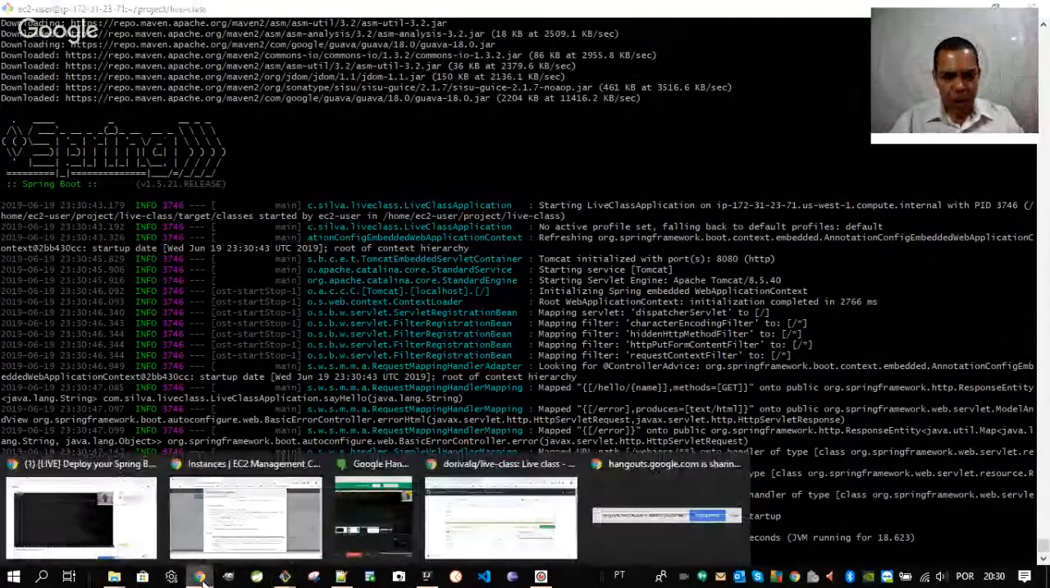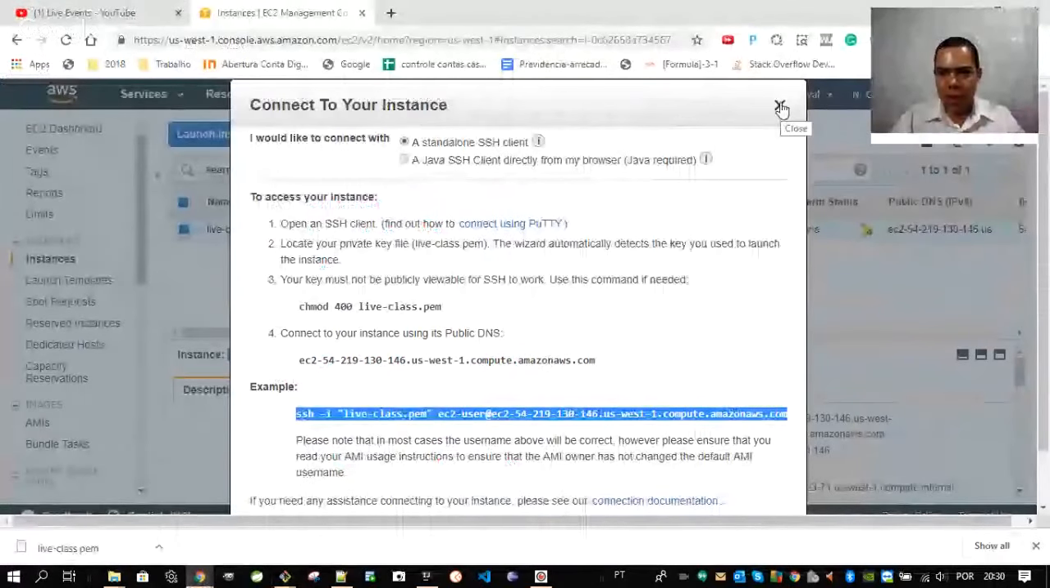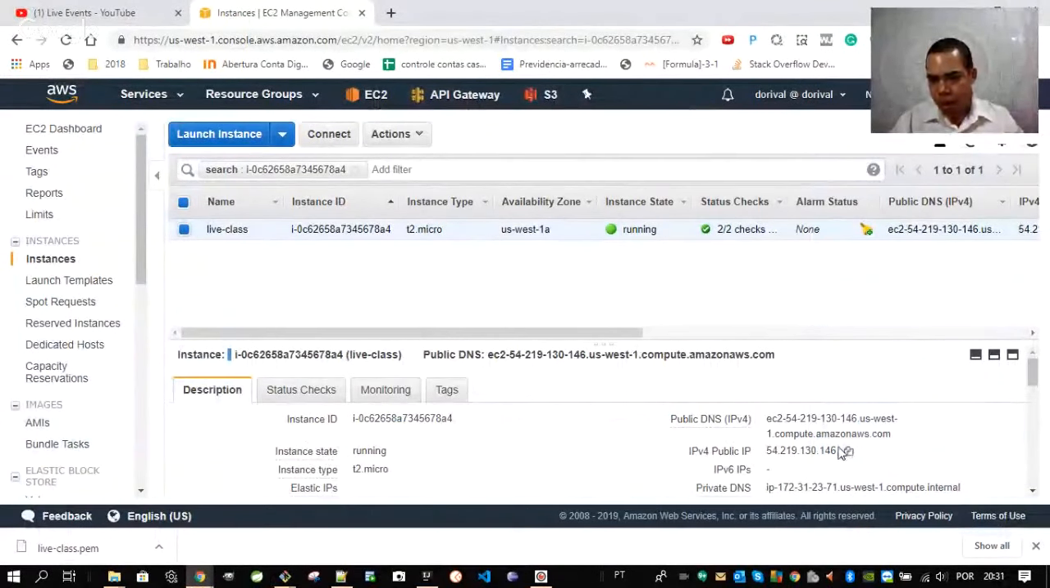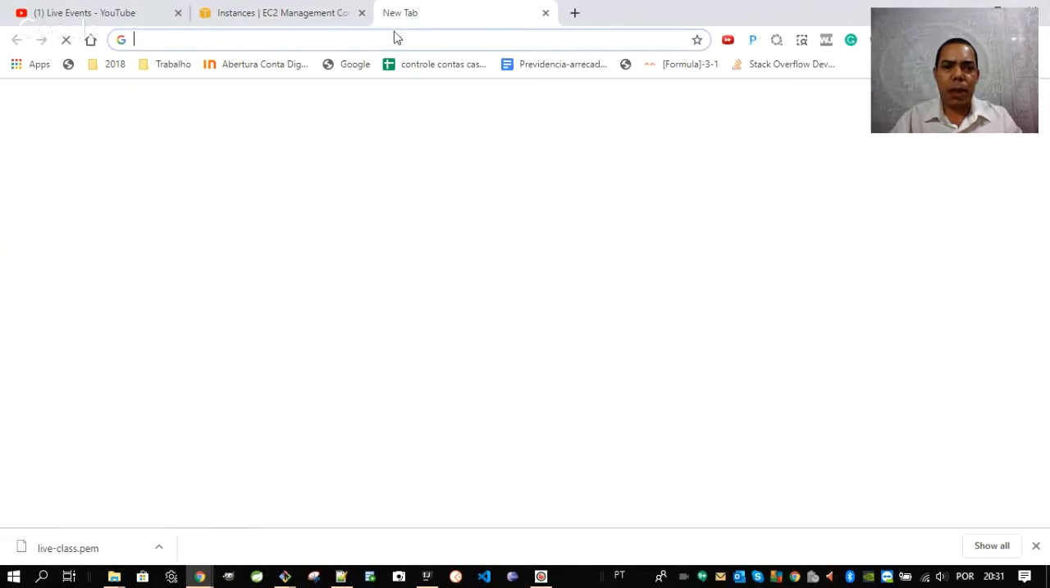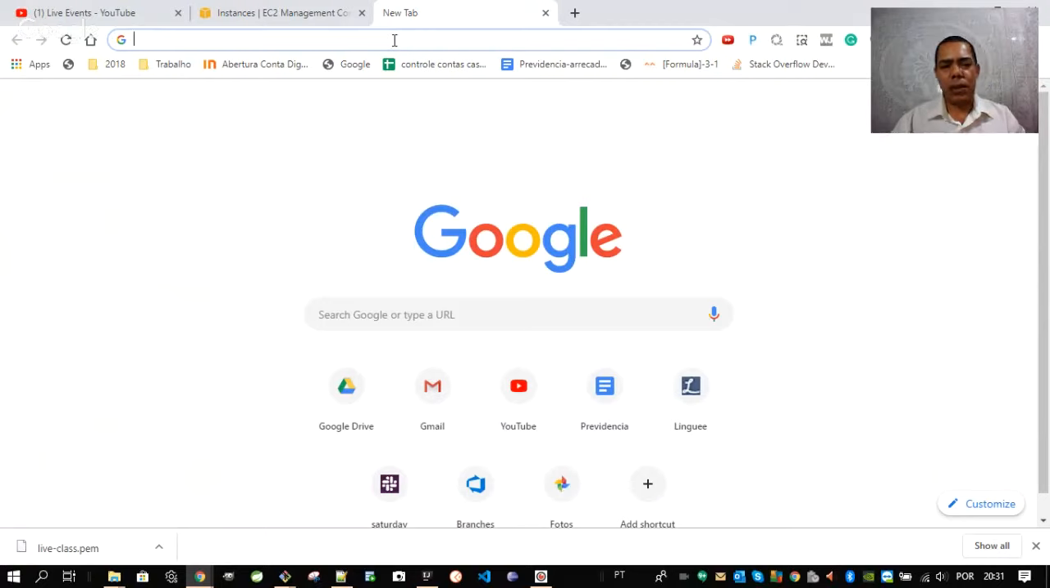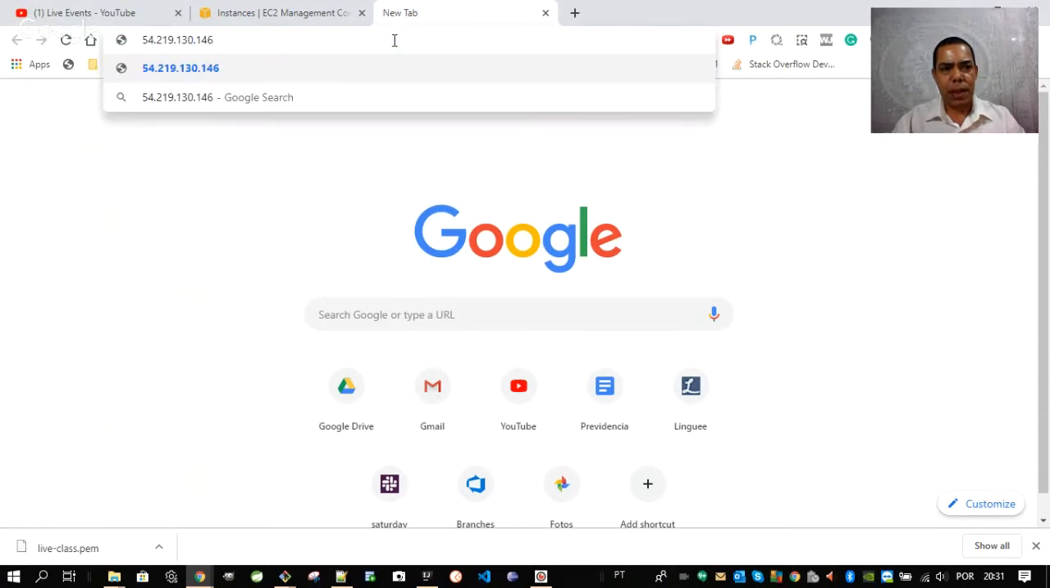Now, let's take the address of the instance here. So I will copy. This is the public IP. This is the IP that is open to the world, and the ports that I opened in the configuration will be accessible. So this is the IP. The port of the application is 8080. The context is hello, and there is a variable, and this variable will be